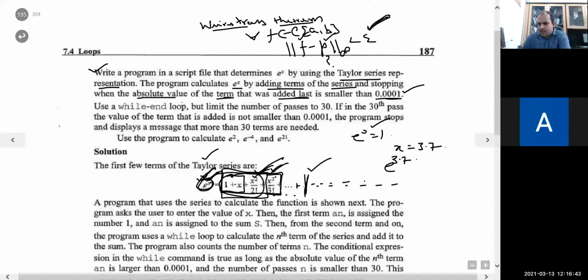You can see that this is an irrational number. So to have its approximate value, let us terminate it up to, say, 3 terms. So what will be the terms? 1 plus 3.7 plus 3.7 whole square by factorial 2. And let me call this its approximate value.